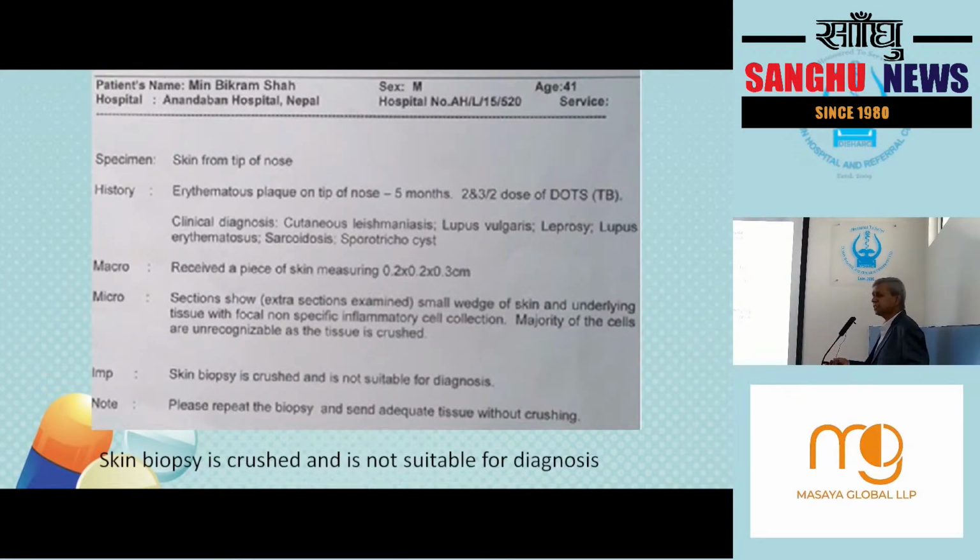So I mentioned that pathologist who first time in 2006 said it is cutaneous leishmaniasis. Now the pathologist is not in a position to say that it is a crusted lesion, because I find clinically that leishmaniasis lesions are very soft and fragile. Once you take the biopsy, it is